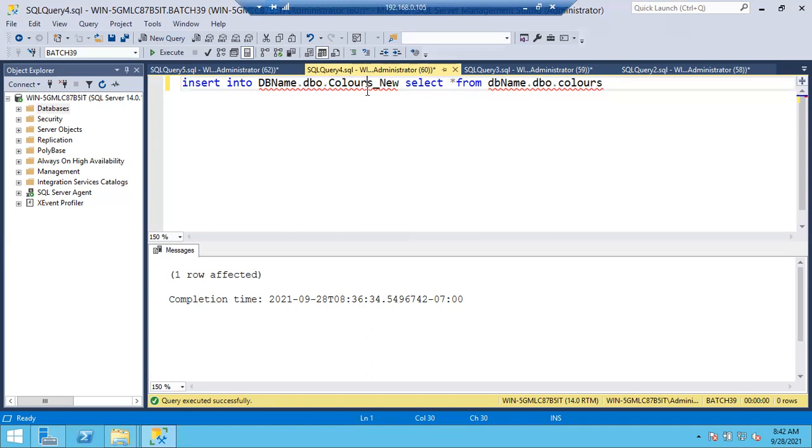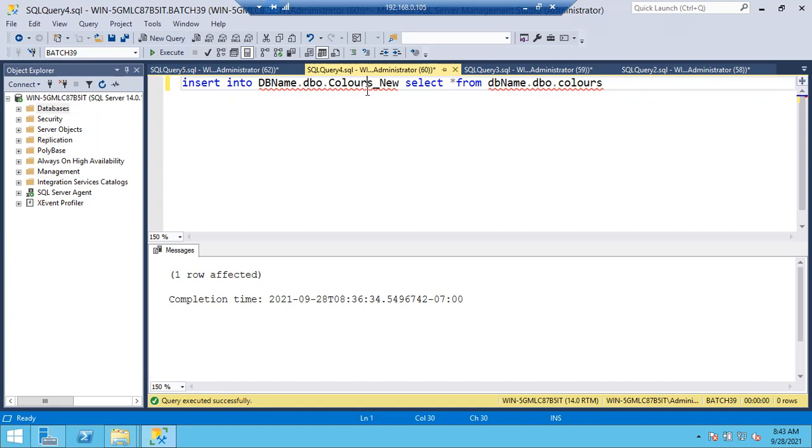You can just Google it: how to do a single table restore in SQL Server, or a script to do a single table restore in SQL Server. You will get one script. Try to do a single table restore. Sometimes you have to restore a single table or multiple tables. Imagine your database is 1 TB or 2 TB. The customer is asking only for some specific tables, I need only these 5 or 10 tables, I don't want all the tables from the database. Then you can go for this single query method, or else the import export method. In the import export method, you can choose how many tables you want, and import and export them from your particular databases.